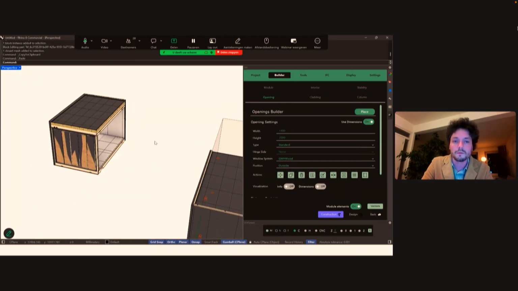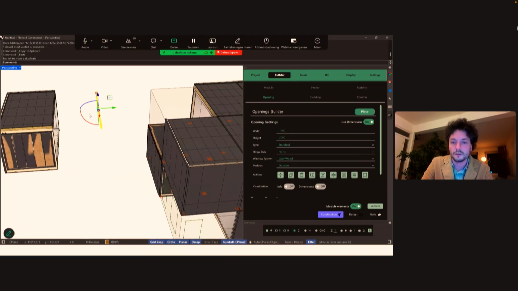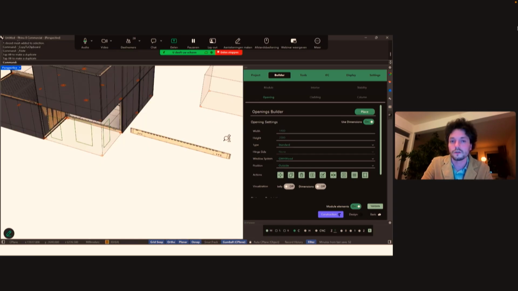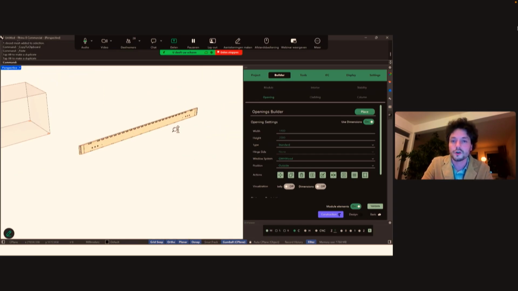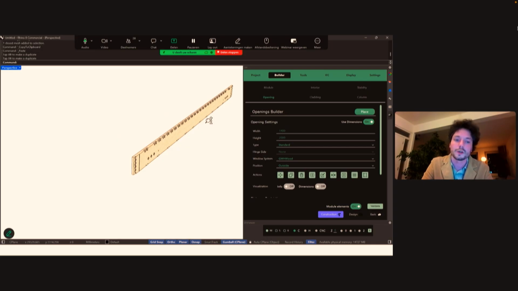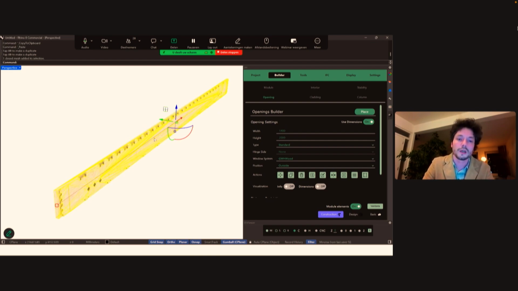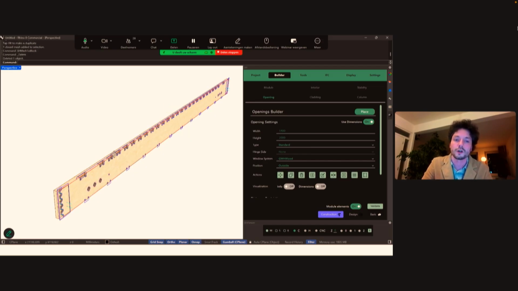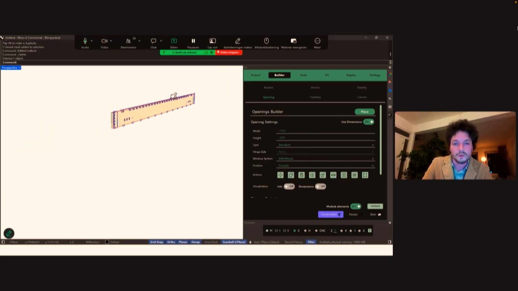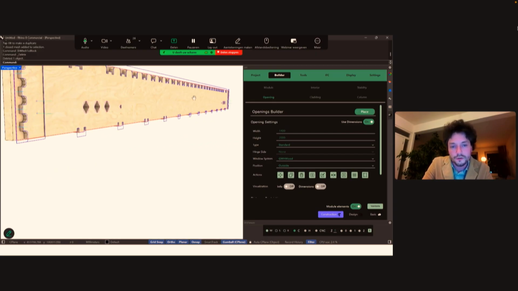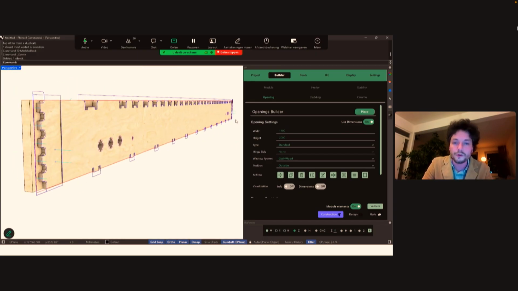So this is a beam, and as you can see, it's a little bit more complicated than an average beam. It has a lot of detail in there, which allows us to make certain types of connections that increase inherent stability in the module and therefore allow us to use less material. Behind this beam, there's also a whole model which provides the CNC milling instructions. You can see that the beam, though it's very hard to see, is slightly curved at the bottom to make sure that it's perfectly straight. We calculate that on the fly.